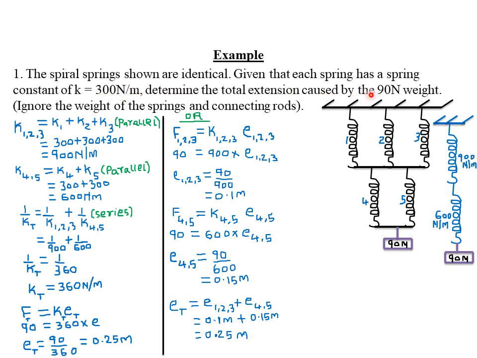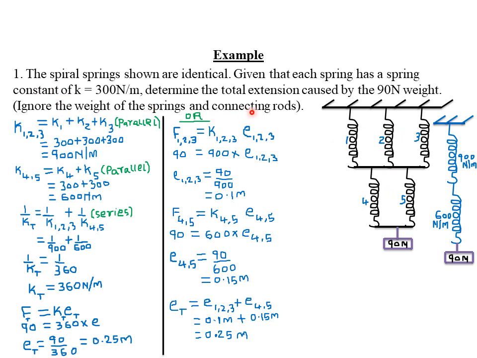the total extension caused by the 90 Newton weight. Then we are told to ignore the weight of the spring and the connecting rod. To ignore simply means we will neglect, or assume that the connecting rod and these springs have zero weight. That is what it means to ignore the weight of the spring, such that in our calculations we'll only consider the extension of the spring being caused by the 90 Newton weight or force, but not the weight due to the springs or